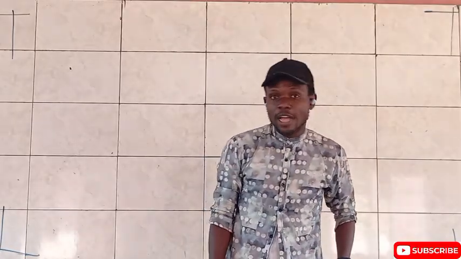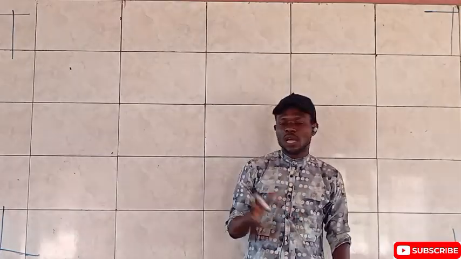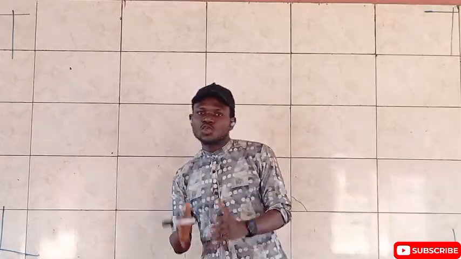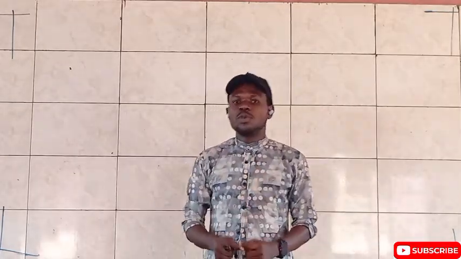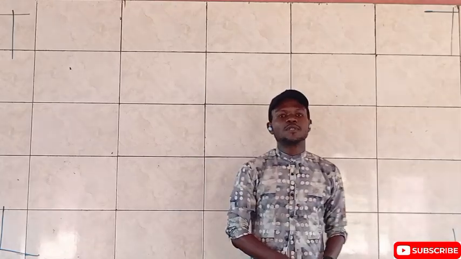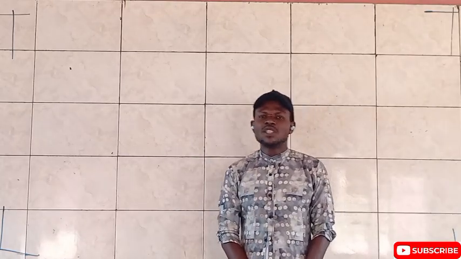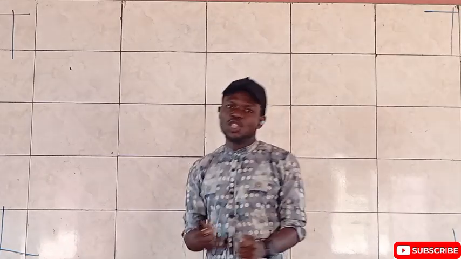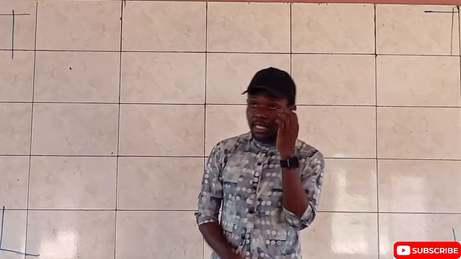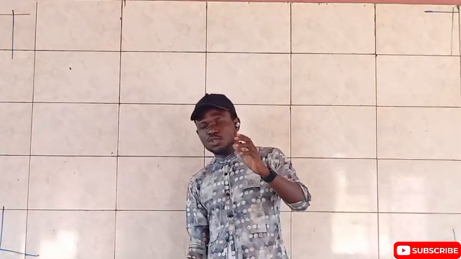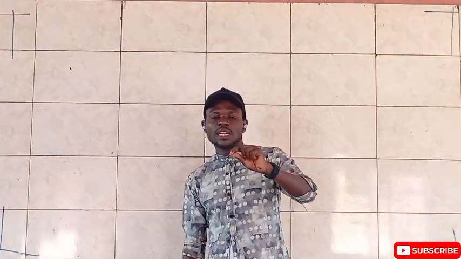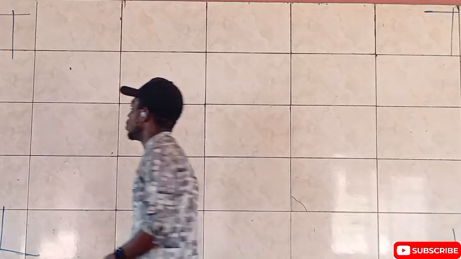Again, welcome to class. Today we'll be looking at the condition for parallelism and perpendicularity. When do we say that two lines are parallel? When do we say that two lines are perpendicular? These are the two things we're going to be looking at, and we're definitely going to be looking at them with coordinate geometry. I'm talking about line geometry, because of the straight line. Eventually we'll get to a better understanding of what I'm trying to drive at.